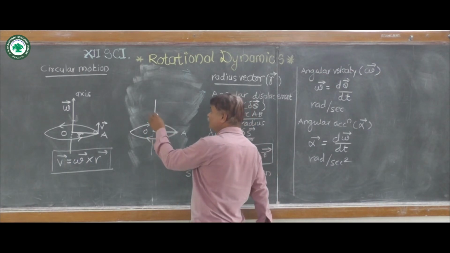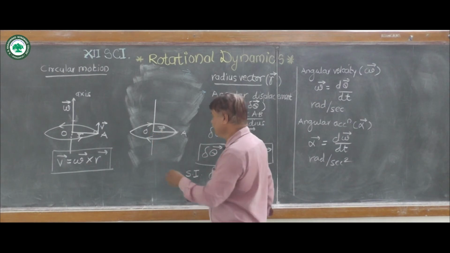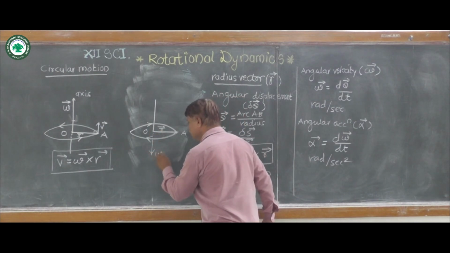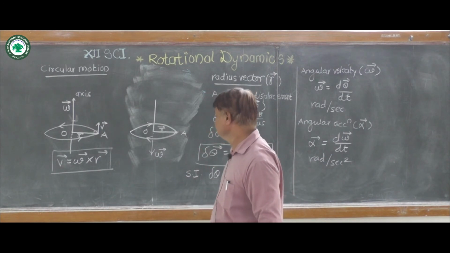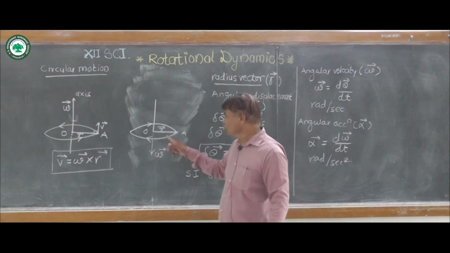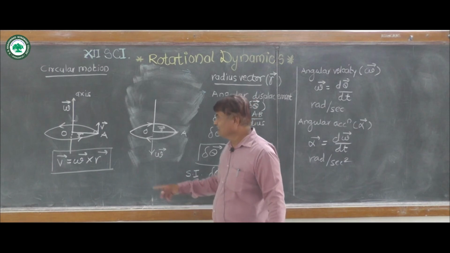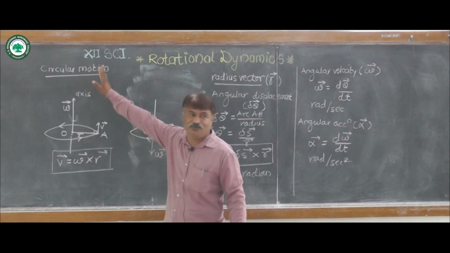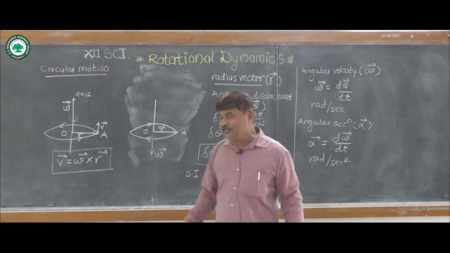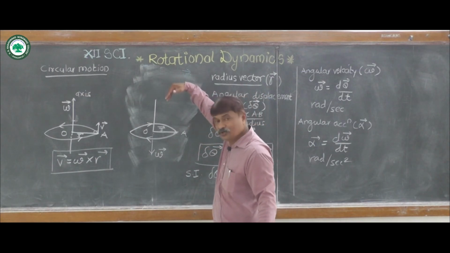So the direction of omega is downward. In this way, when the particle moves in an anti-clockwise sense, omega is in the upward direction. If the particle is moving in a clockwise sense,